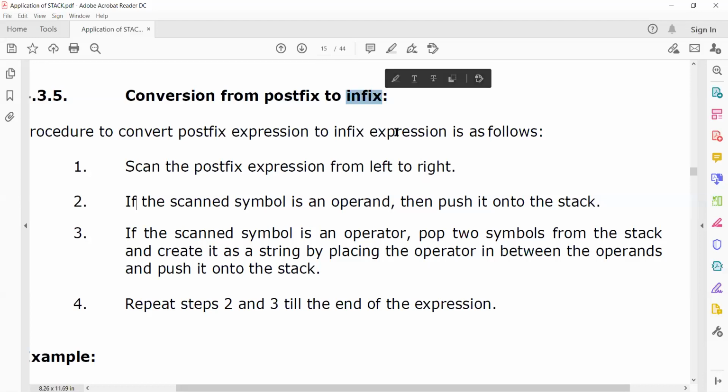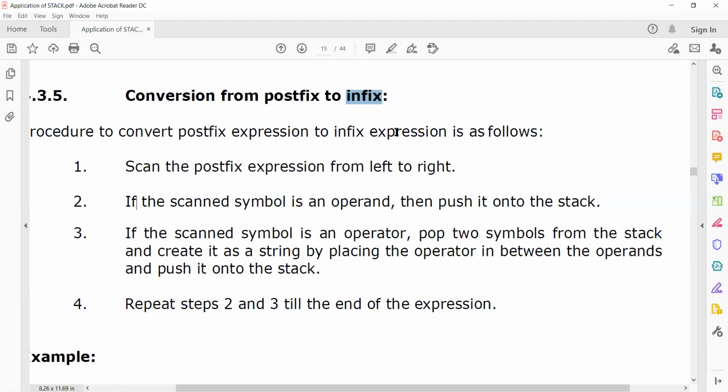See, the postfix expression is given and I'm going to convert it to infix. Always keep in mind, when you convert postfix to any other format, you have to scan the expression from left to right. If an operand occurs, push it into the stack.